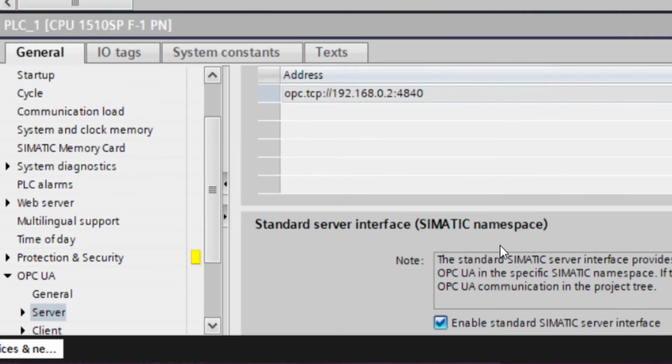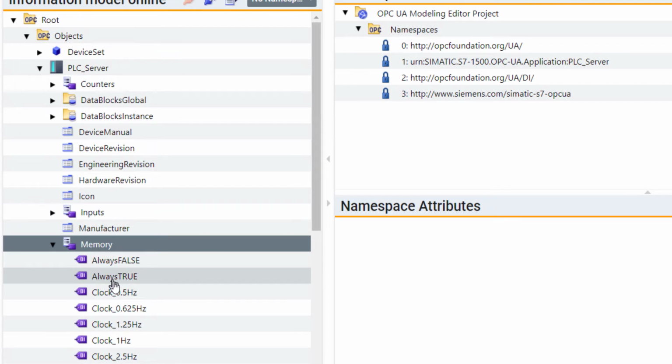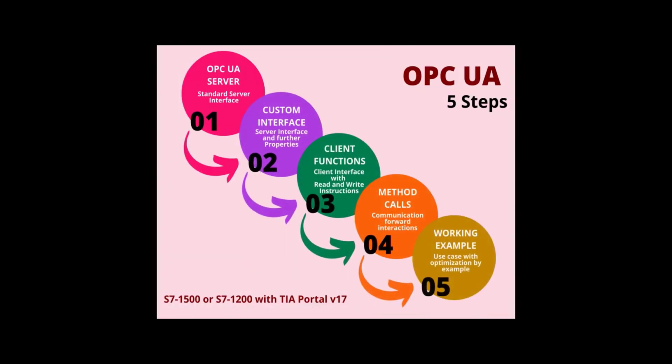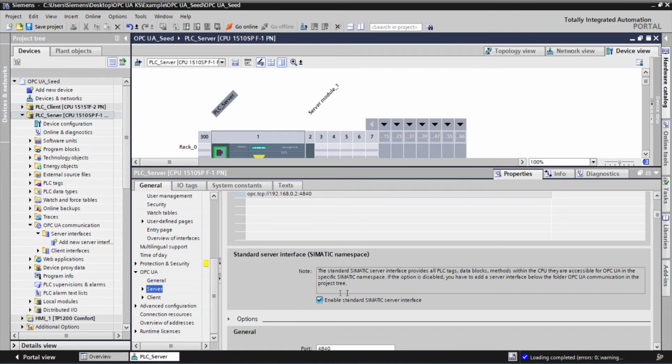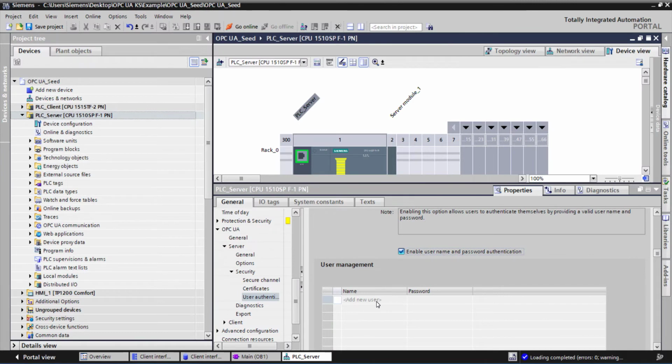In the previous step 1, we talked about the semantic namespace, also known as the standard server interface. The highlights of step 2 will cover the difference between the two server interfaces, followed by an overview of the properties of the server. Then finally a review of some of the security settings that can help with access management